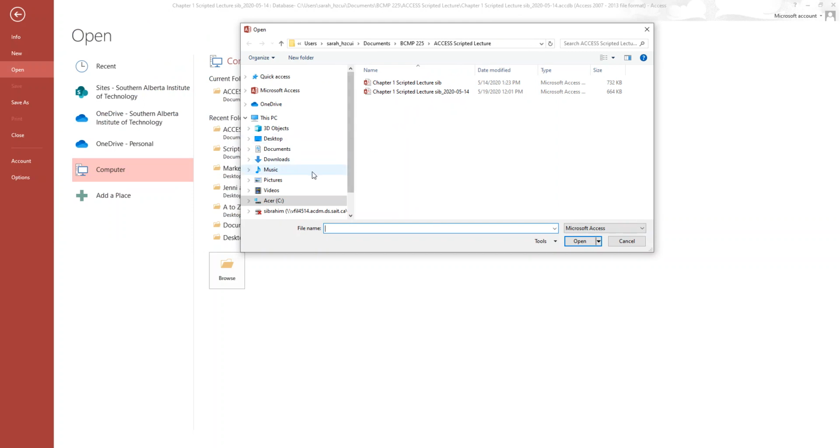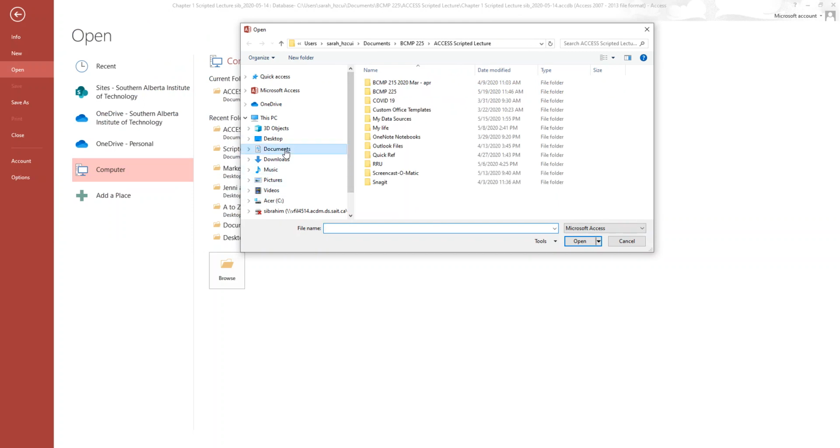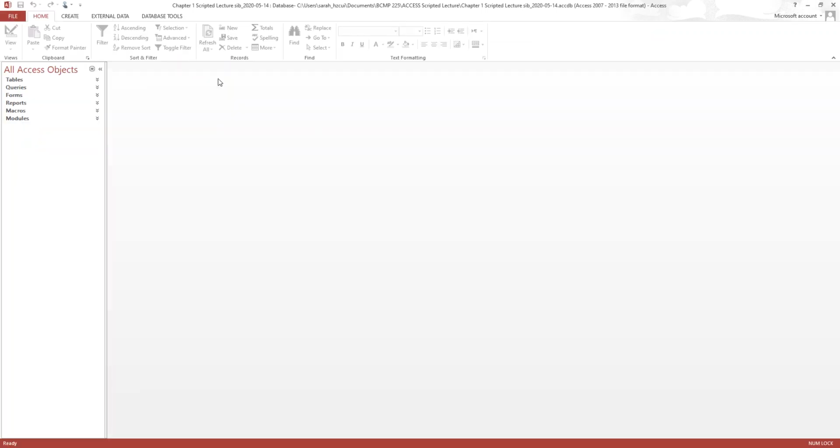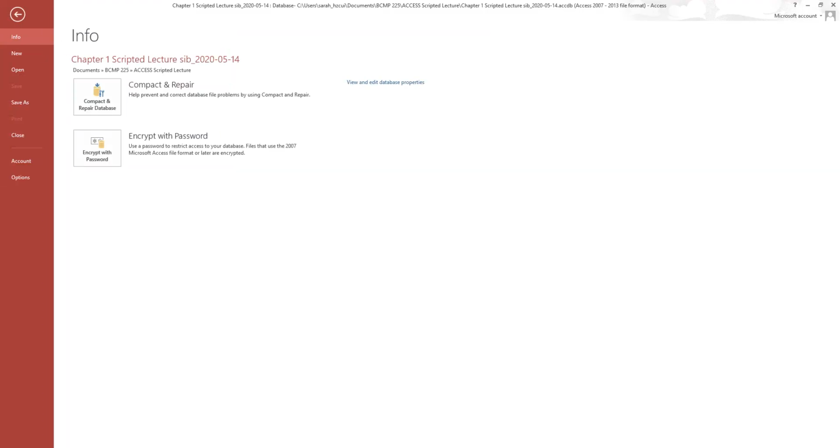I will first go to my documents right here and start a new folder, call it Access. I already have a folder by the name of Access. I'm going to say Access, and I'm going to give it a temporary name as 2. Now I have a folder just for my Access. I'm going to cancel out of this and go back into my current database for chapter 1 and go File,